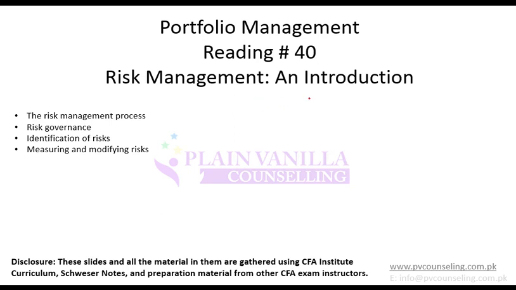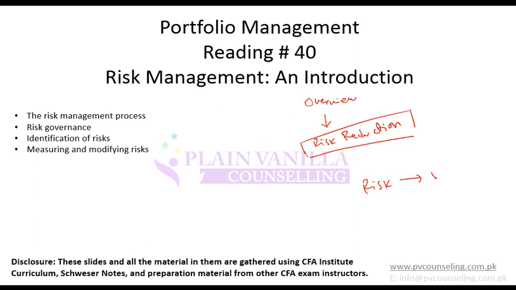So the first part provided you with an overview of portfolio management, how it is done, what portfolio management is, and what its key objectives are. A key objective that we learned was risk reduction. Now the second reading focuses on risk management, that is, it gives you an introduction about how risk is managed. Then the third reading relates risk with return and helps you decide, by linking risk and return, the actual or optimal asset allocation.